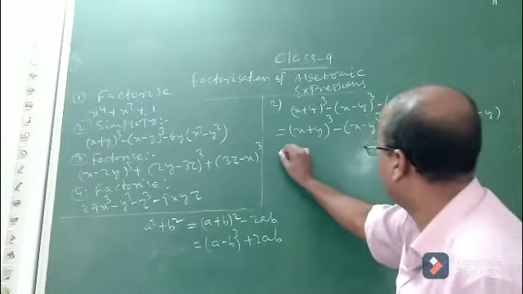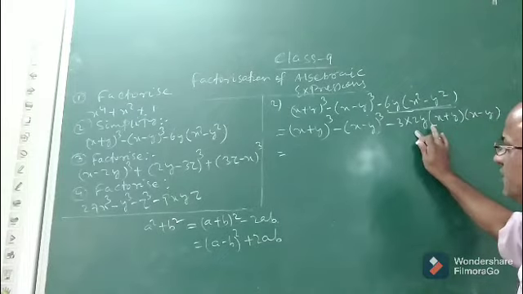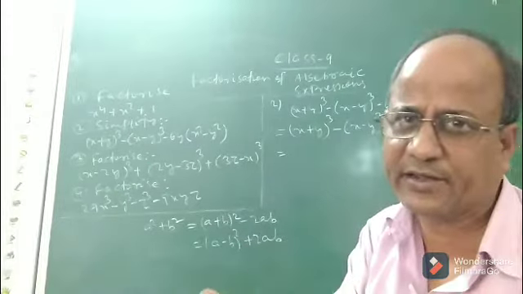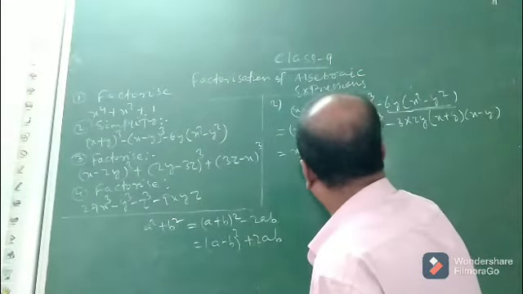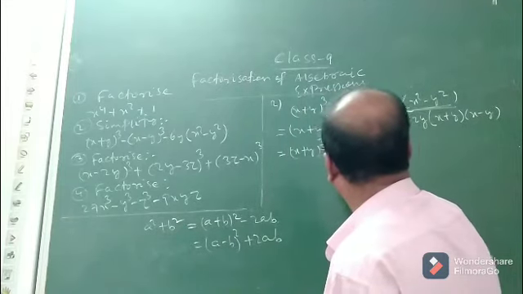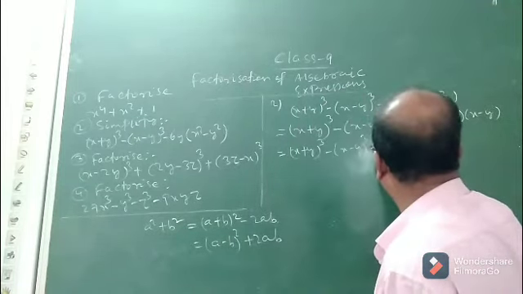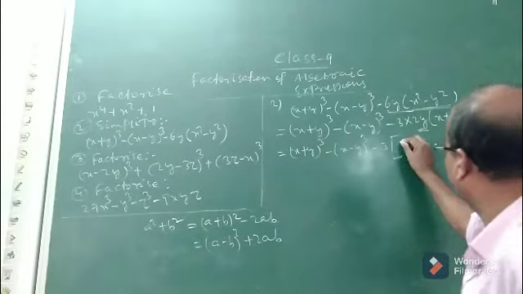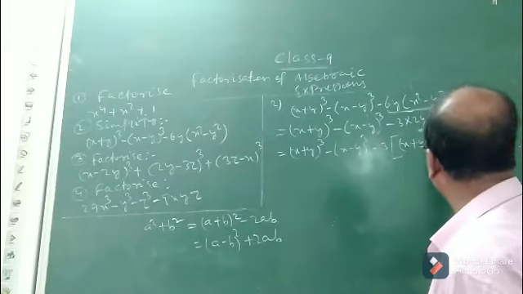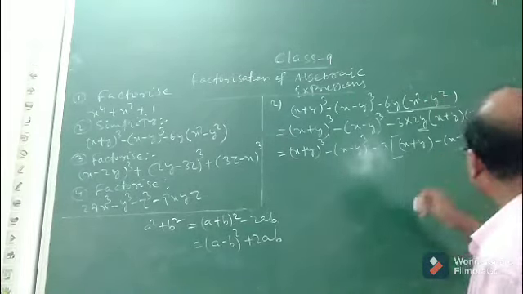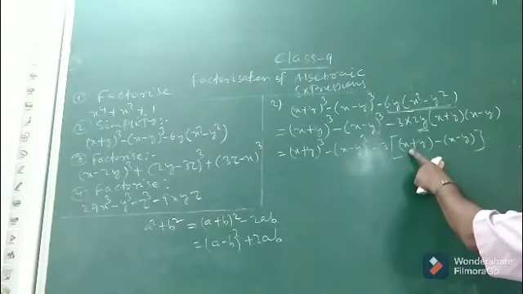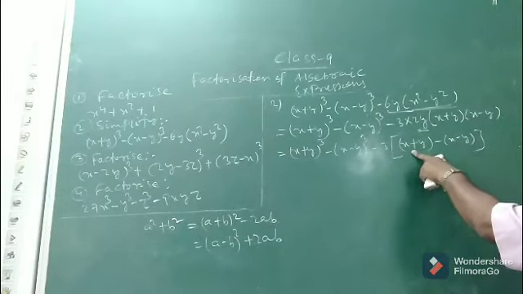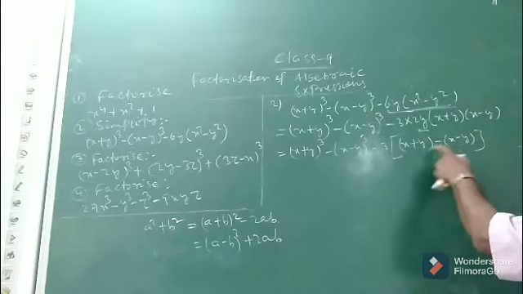Okay. Now, what is the next step? Still it has not come in the form of minus 3ab into a minus b. We have to bring it. How to bring? Let us see. So again, let this term be constant. x plus y whole cube minus x minus y whole cube minus 3. You see, look at the term 2y. This 2y can be written as x plus y minus x minus y. Because if x minus y is subtracted from x plus y, it will give you 2y. So 2y can be written as this minus this.